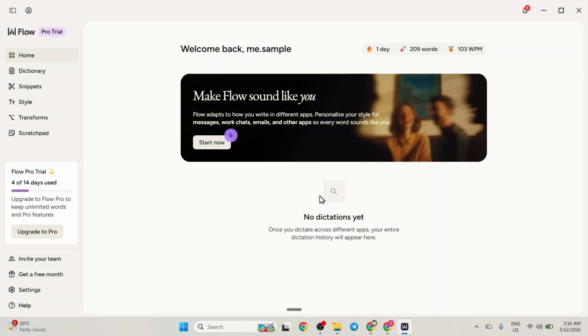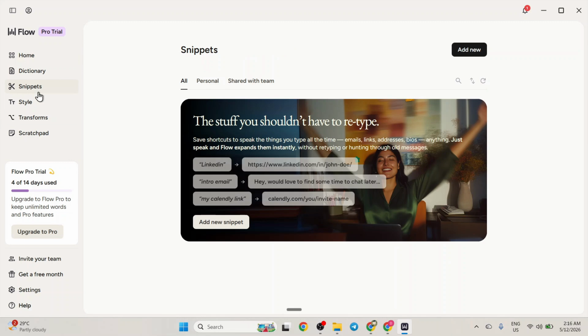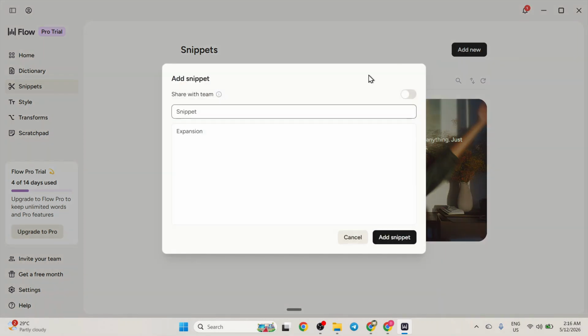In this tutorial, I'll show you how to streamline your development workflow by coding HTML and Tailwind CSS using Wispr Flow snippets. I'll start by opening the Wispr Flow dashboard and navigating to the Snippets tab on the left-hand menu to manage my shortcuts. To create a new reusable component, I'll click the Add New button in the top right